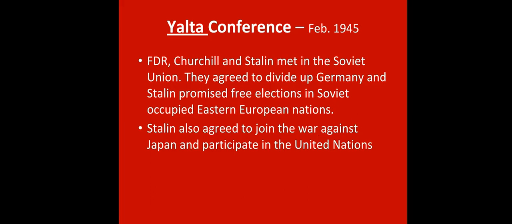So, at the Yalta Conference, and again, we're just continuing on with your notes here. At the Yalta Conference, the Big Three decided what to do with Germany after World War II. And remember, what did we just say? They'd agreed to divide up Germany. Stalin said he would do free elections. Ha, ha, ha, like he would ever follow through. And he agreed to join the war against Japan.